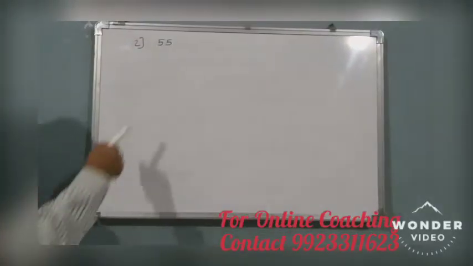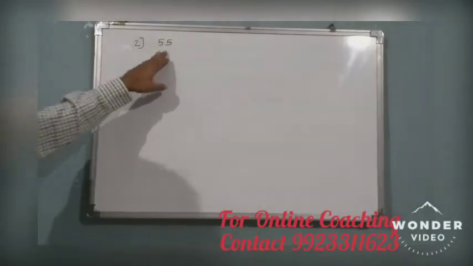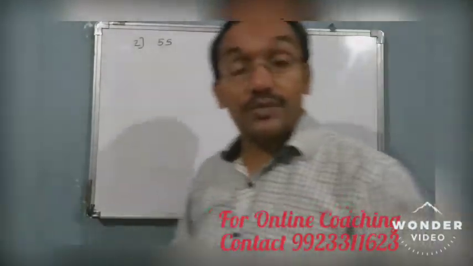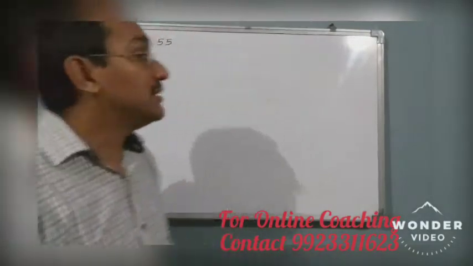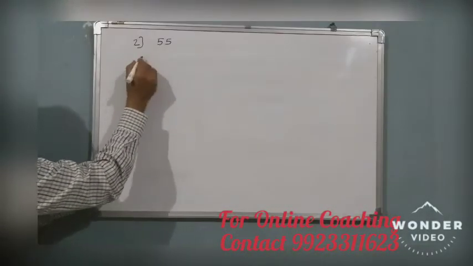Now the next number I have taken is 55. This is just an example for your understanding. On observing also you can guess easily that 55 is not a square. आप तो जानते हैं ये 55 square नहीं है. Then using this method we will prove that. Just see, it is a very simple, very easy method, good to score marks.